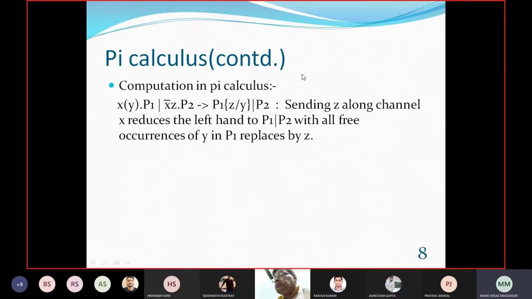That service z gets provided by the p2 process, and it will bind with all the free occurrences of y in p1. So this implies p1 with all the free occurrences of y in p1 replaced by z. And these will all be performed concurrently because there is a pipe sign between them. After that, they both will be performed concurrently. Okay.